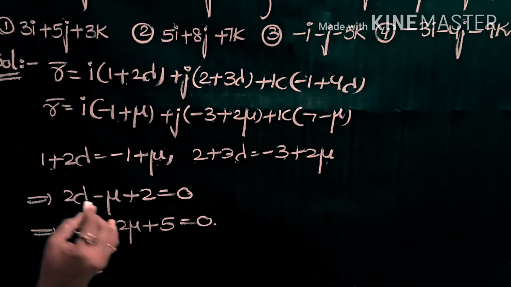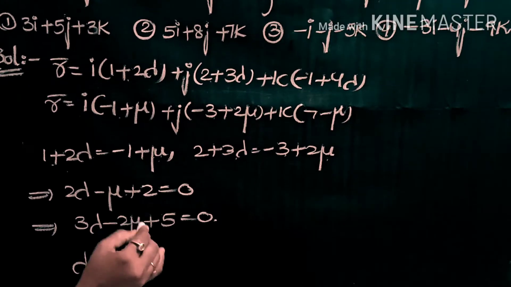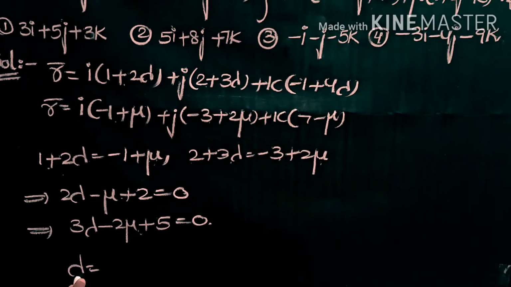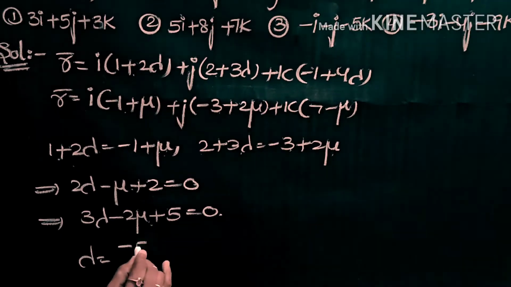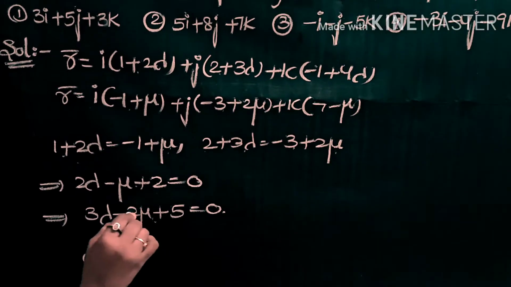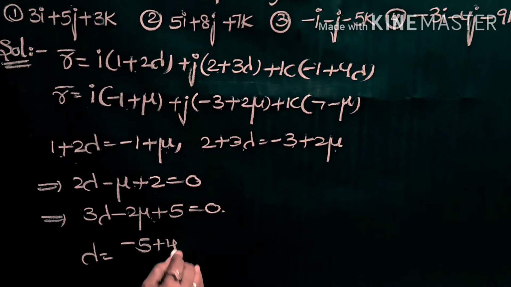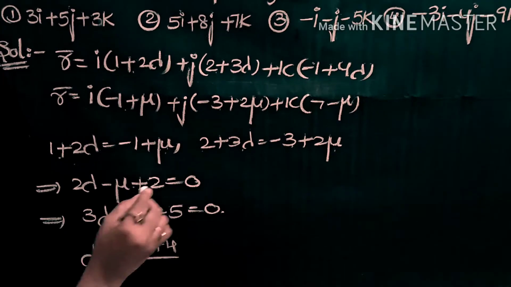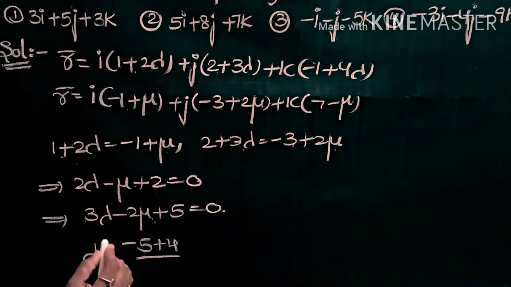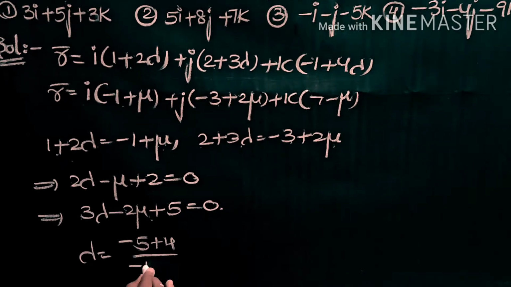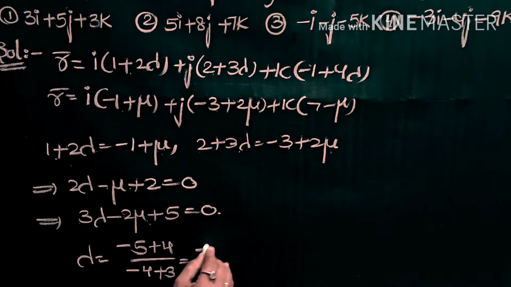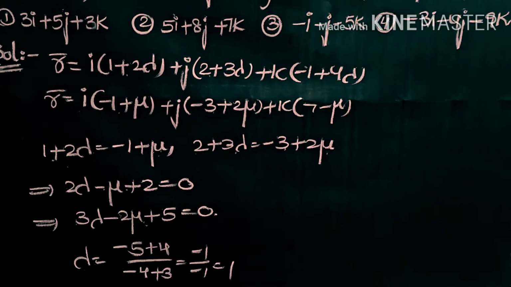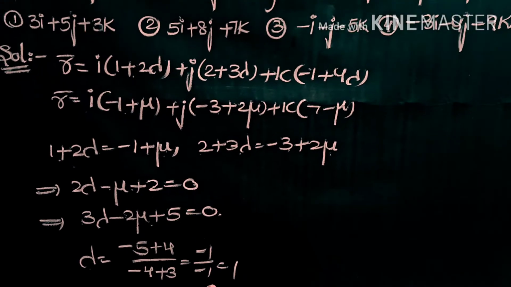Lambda is equals to, just we are taking the point of intersection concept, that is lambda is equals to minus 1 into 5, minus 5, 2 plus 2 minus 2 into minus 2, minus 4, minus of 1 is plus 4, by 2 into 3. So 2 into minus 2, minus 4, minus 1 into 3, plus 3, that is minus 1 by minus 1 equals to plus 1. Therefore the value of lambda is equals to 1.